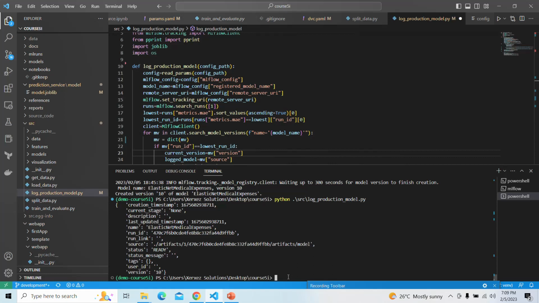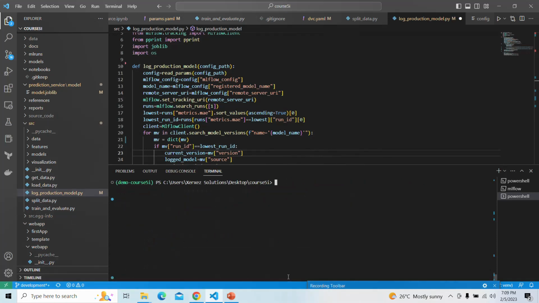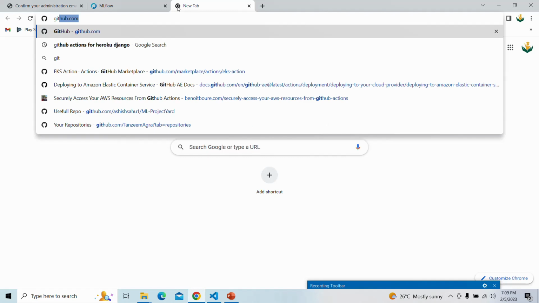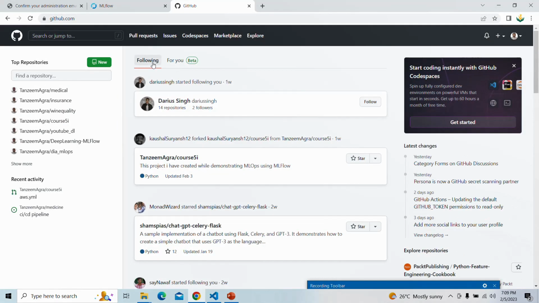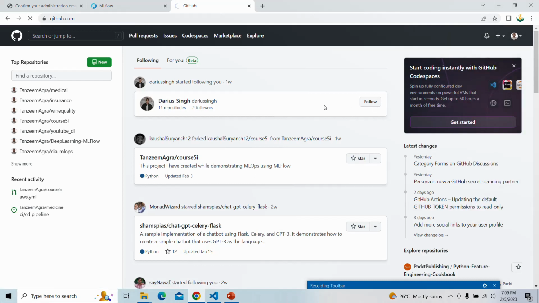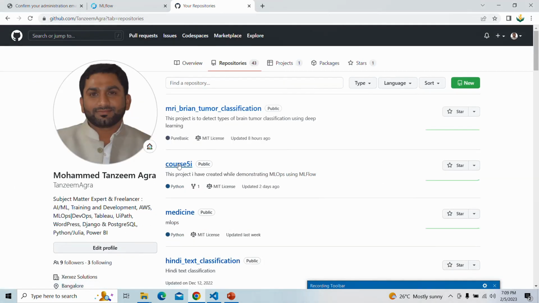Now I'll push this one to my GitHub account so that you can refer to this code in later sessions. So hover over to GitHub. You type Tanzimagra. This is my ID. Inside this, I have a repository with the name Course 55. So you can download straight away from this. I hope you are clear. So let me